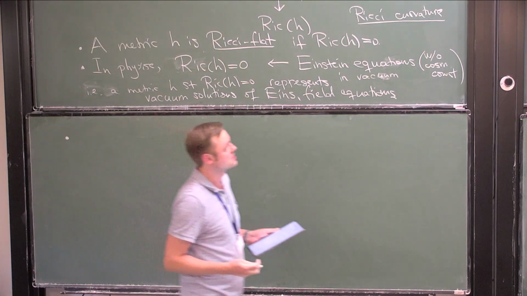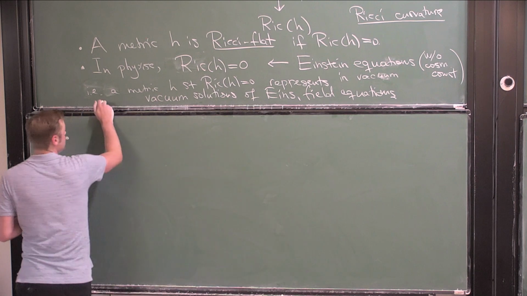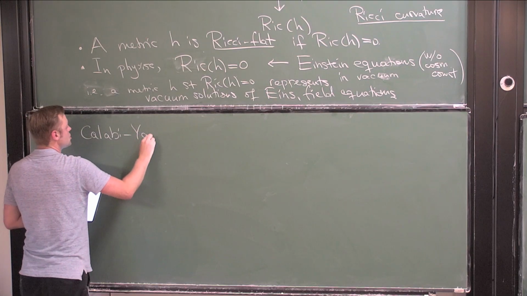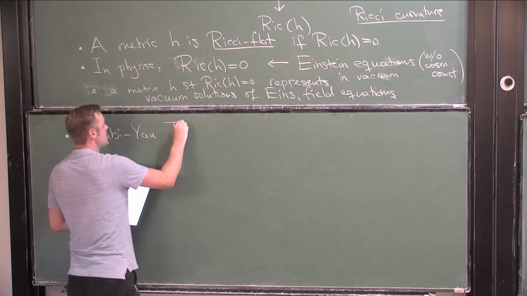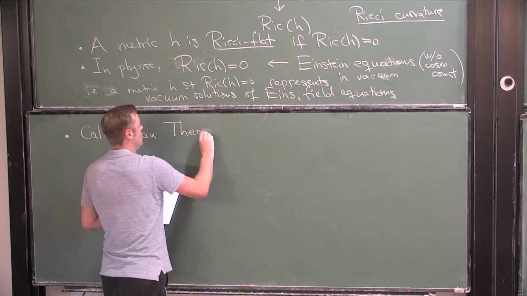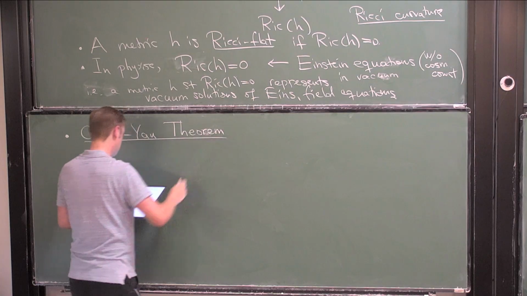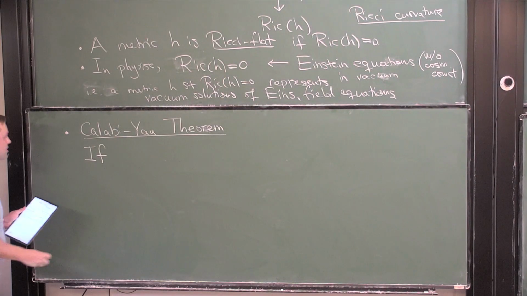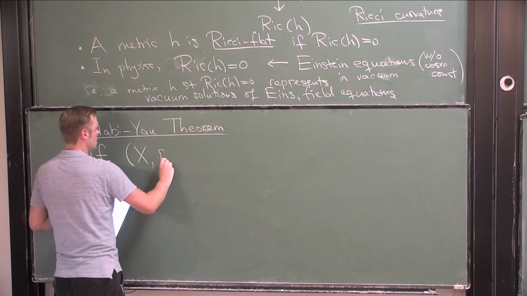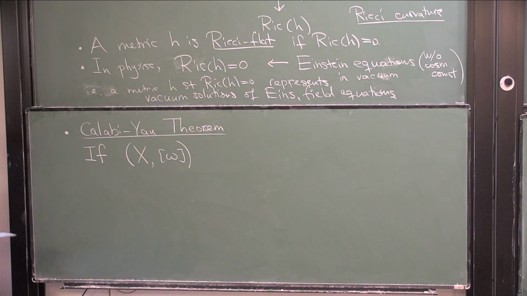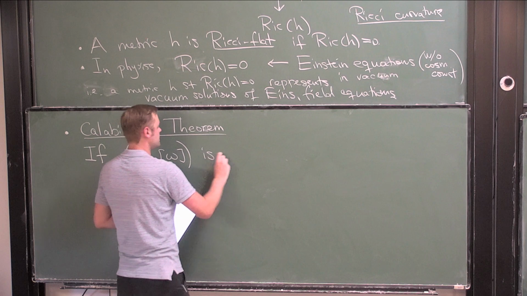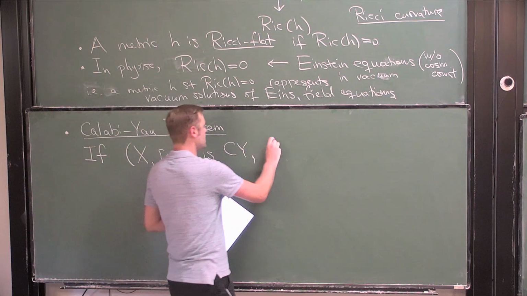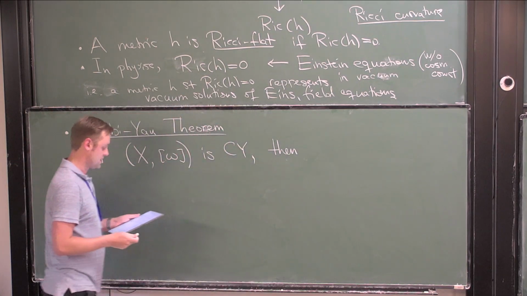So how do Calabi-Yau manifolds come into this? They come into this through a very famous theorem. It was first conjectured by Calabi, and then 20 years later proved by Yau. So now it's called the Calabi-Yau theorem. The theorem says the following. Suppose X, given a Kähler class, is Calabi-Yau. Then there exists